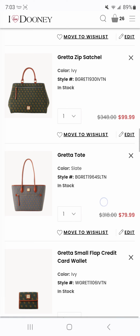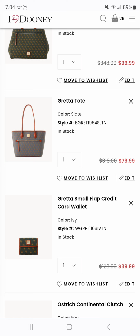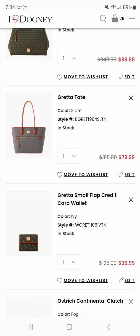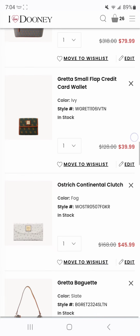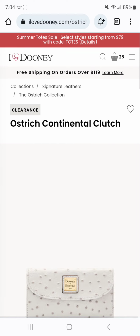It is the Gretta Small Flap Credit Card Wallet, and it is in the color Ivy to match the bag, and it's $39. Again, no code needed to get the $39.99 price on the Gretta Small Flap Credit Card Wallet. It is on a clearance price in the color Ivy for $39.99. The Ostrich Continental Clutch in the color Fog is also on clearance for